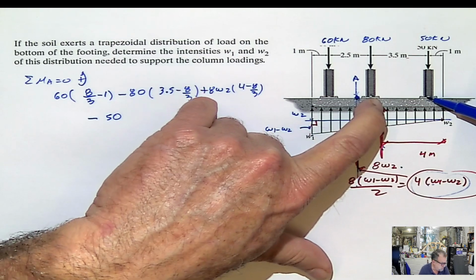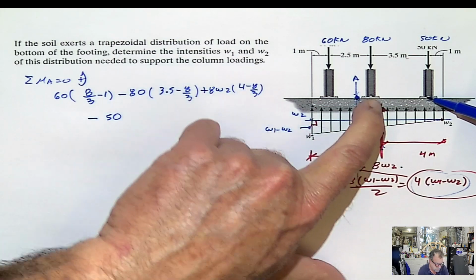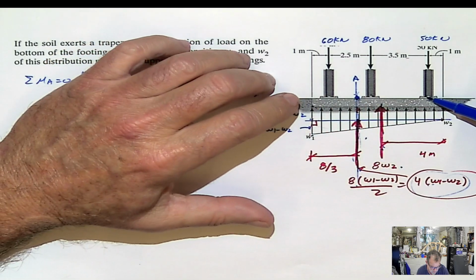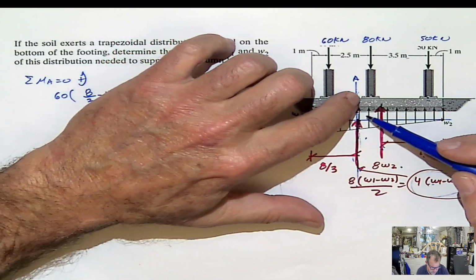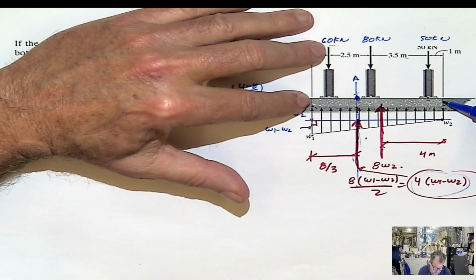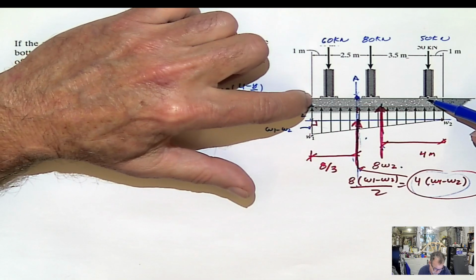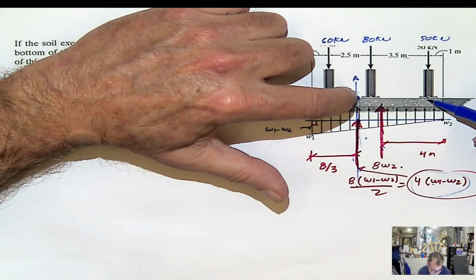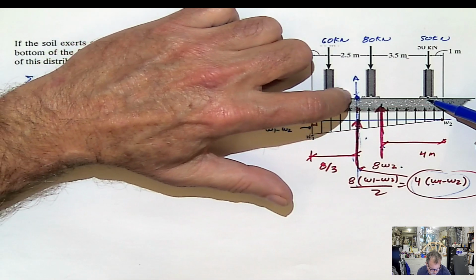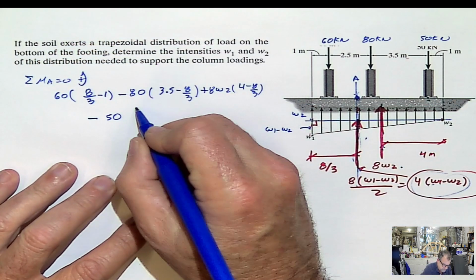7 minus 4. No, wait, what I'm saying is, I'm placed here, right? At this point, this is 8/3. So this is 8. 8 minus 1 is 7. And this is 8/3. 7 minus 8/3